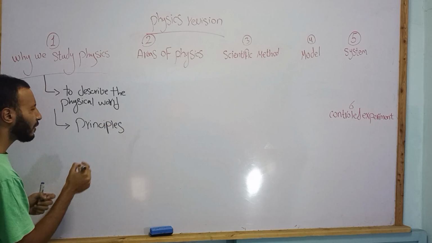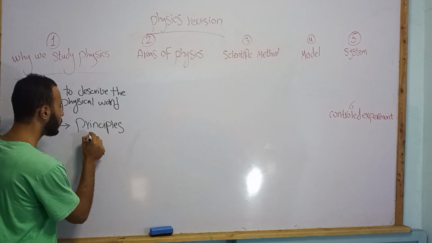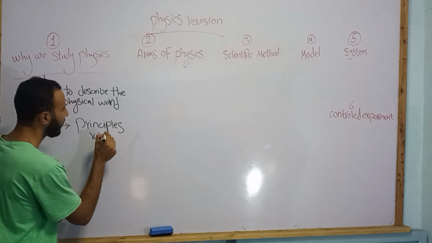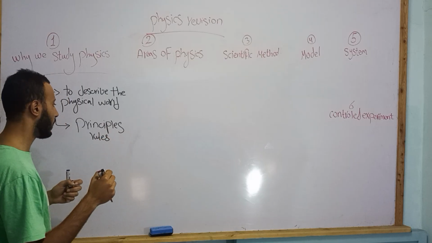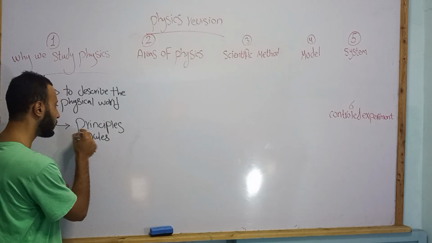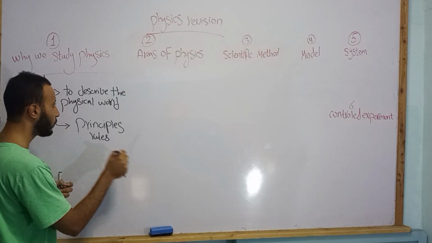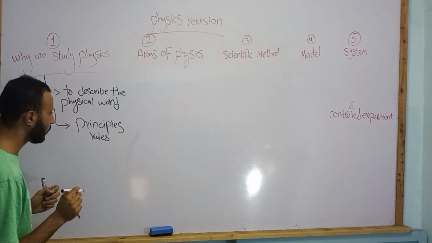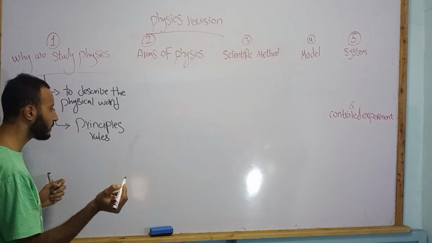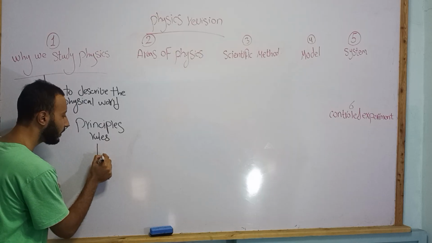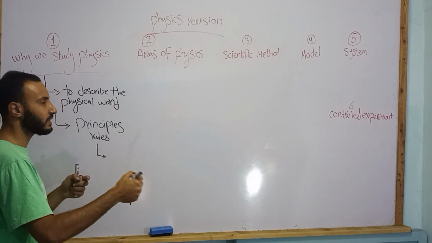We can say principles or rules that the physical world is controlled by, by God. Okay, so by understanding these principles and rules, you can then predict what's gonna happen in